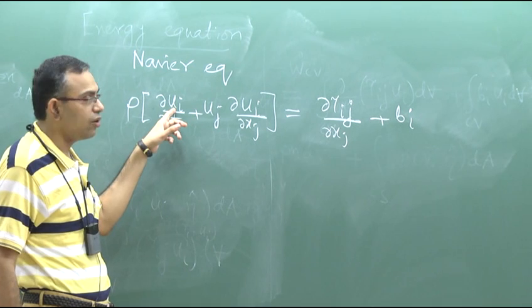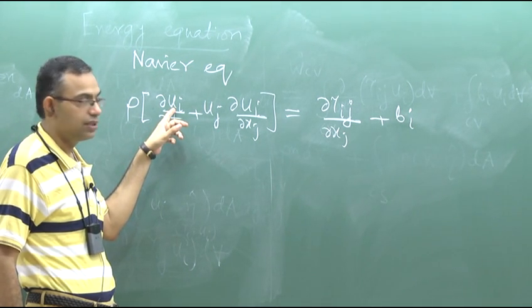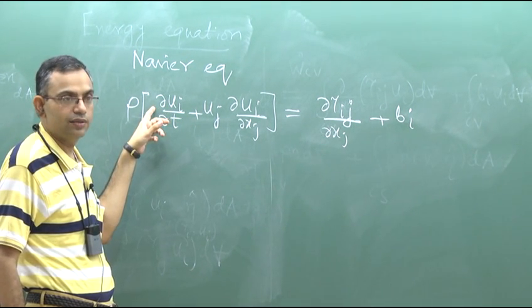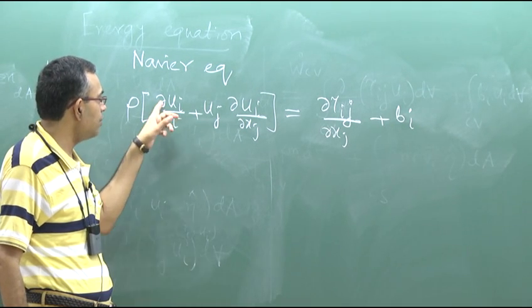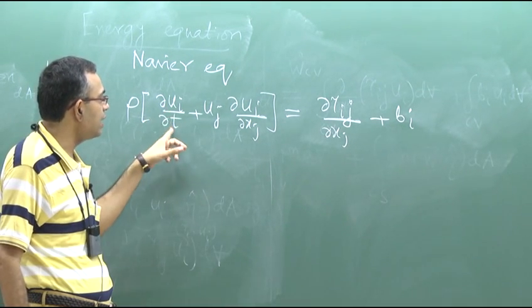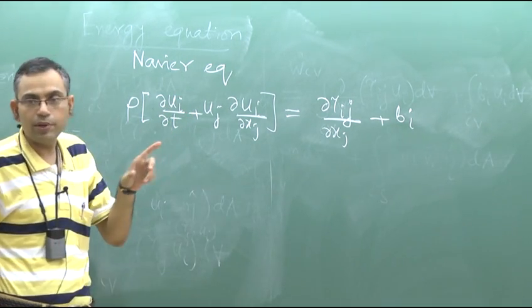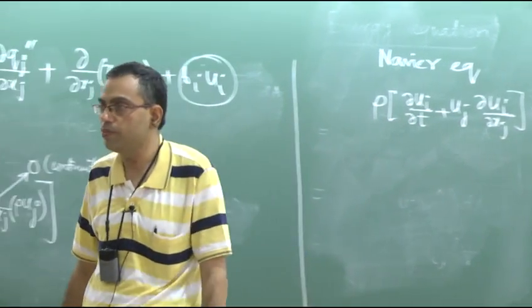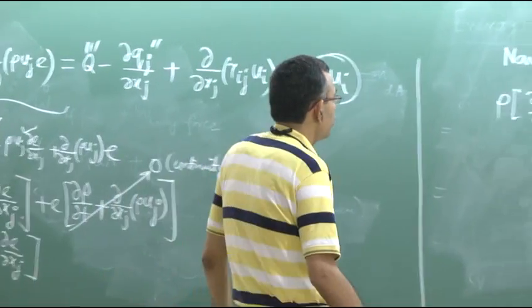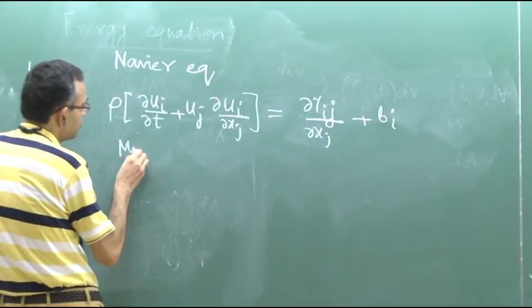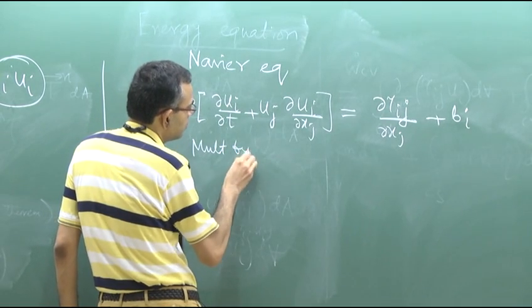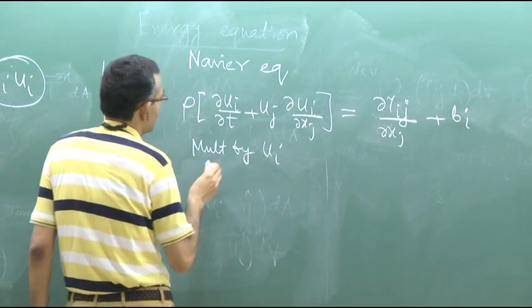So how can you convert this to kinetic energy? You multiply this with ui. Then it becomes ui del t of ui, the other is del t of ui square by 2. Ui square by 2 is kinetic energy per unit mass. So you multiply by ui. So rho